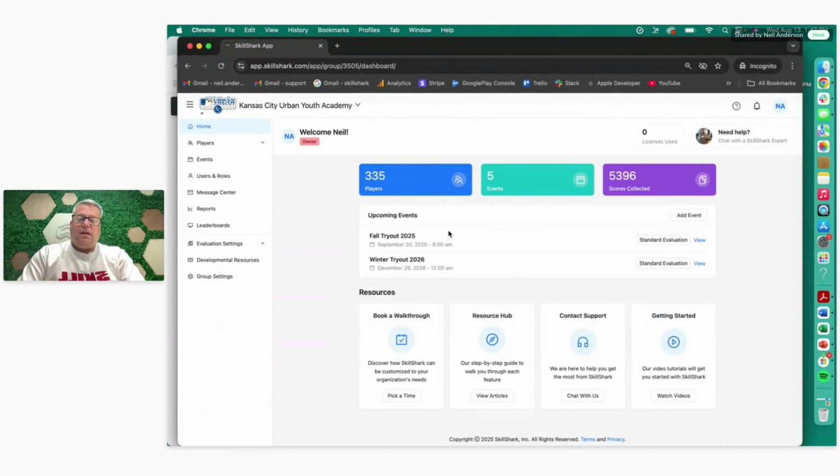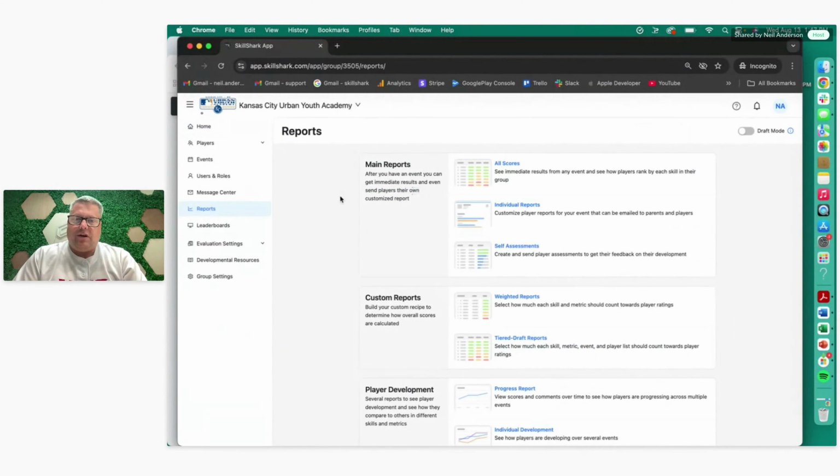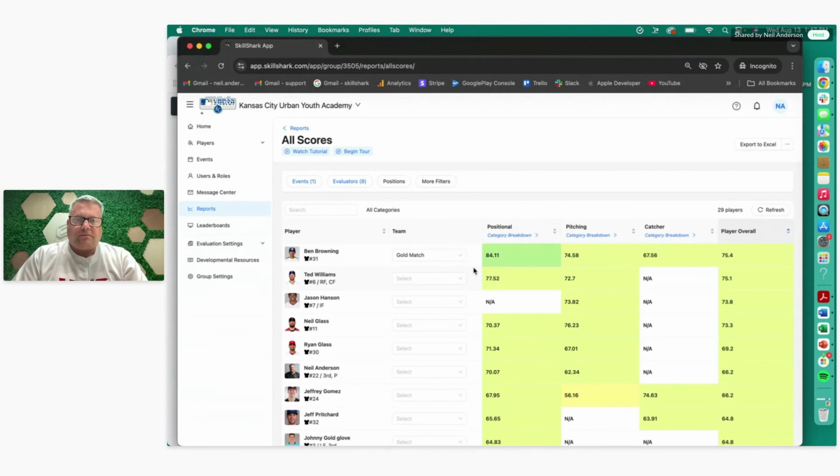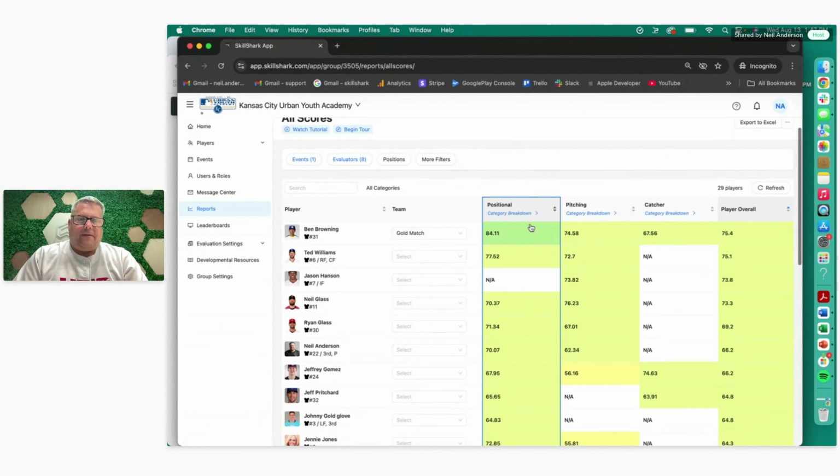Okay, so here we have a baseball group with a couple hundred players, a few thousand scores that we gathered over multiple evaluations. And let's say after one of our events, I want to go into the reports tab on the website of SkillShark. And if I go to All Scores, this will show me if kids receive scores